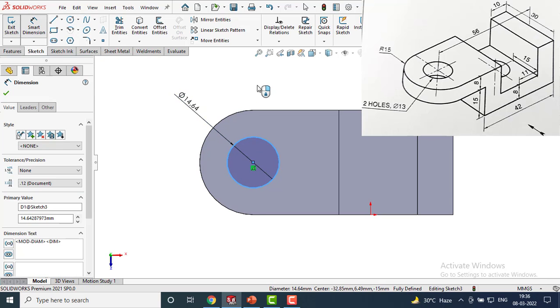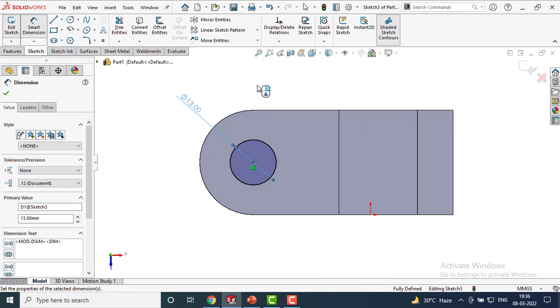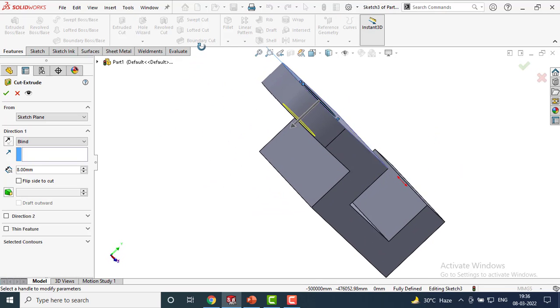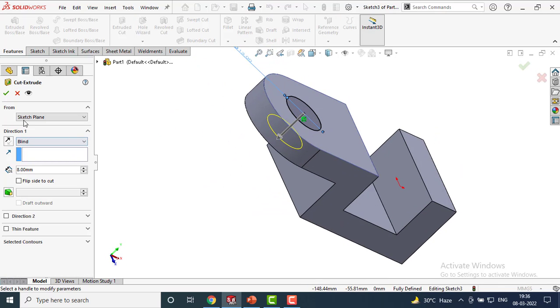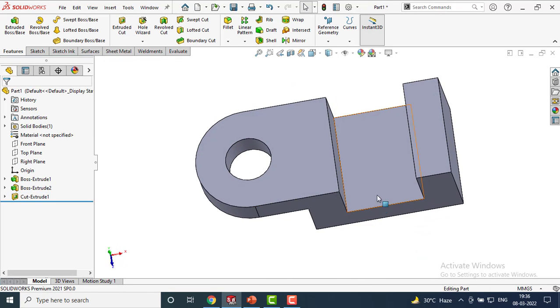Provide the dia of 13 mm to this circle. Now go to Features. Go to Extruded Cut and click OK. Now the one hole is created.